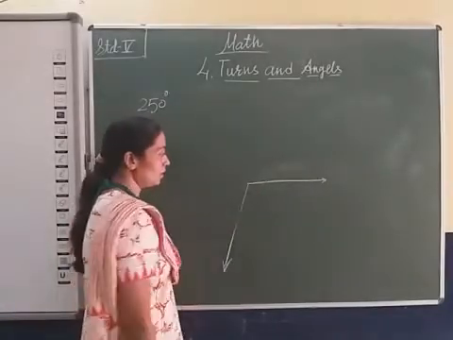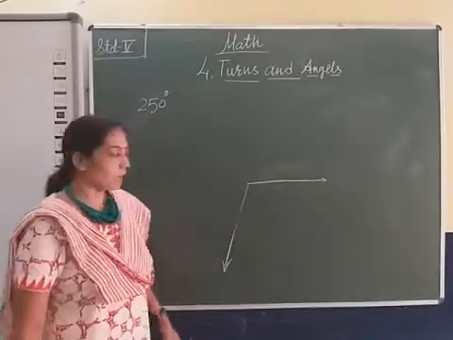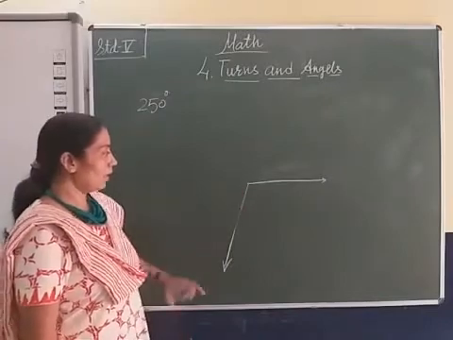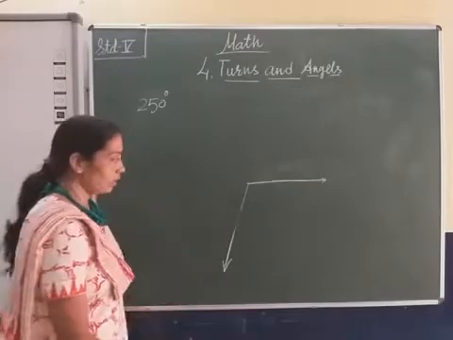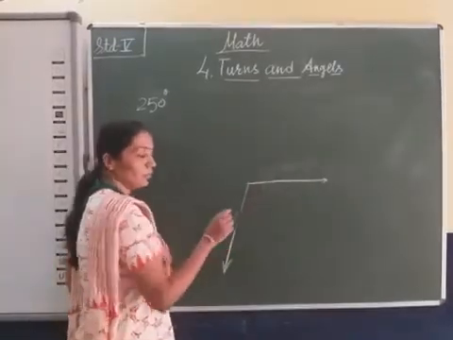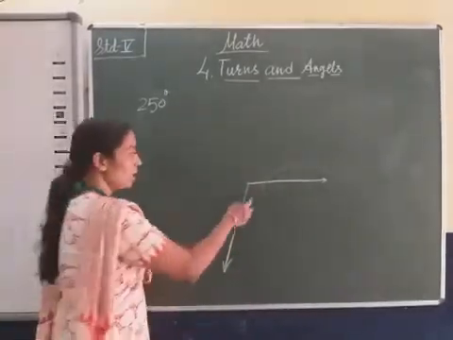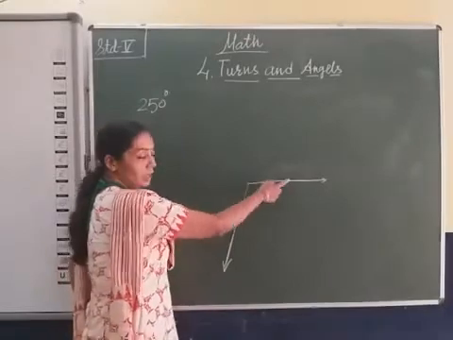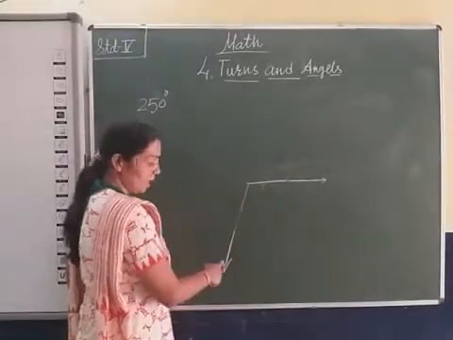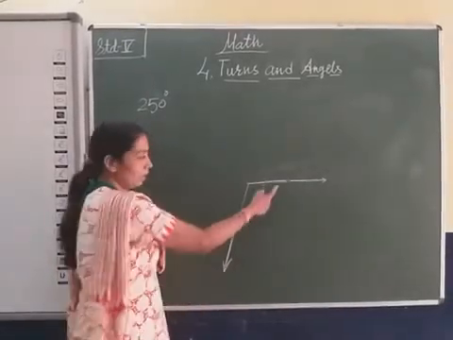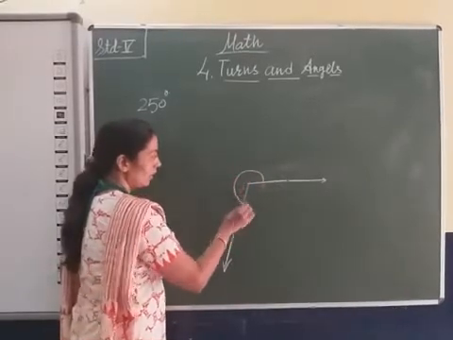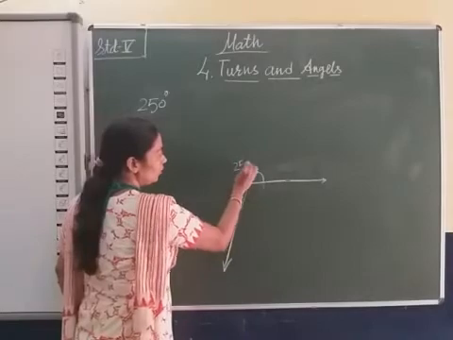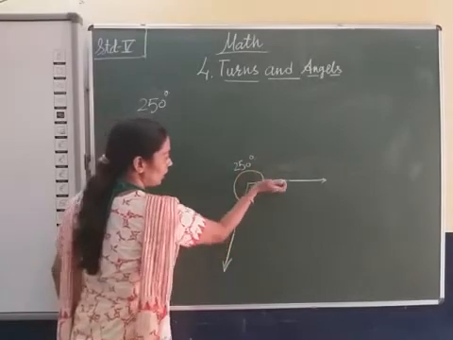We give this a name. Many students make a mistake: they measure the 250 degree properly, but they show the wrong angle here. Don't make this mistake. You start from here at 0, so it ends up at 250 degree. The angle is this way. Yes, it formed a 250 degree angle here.